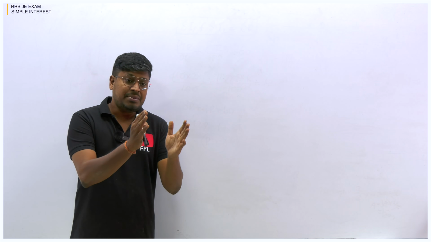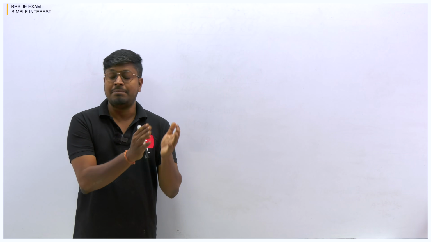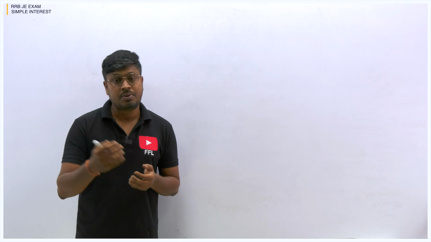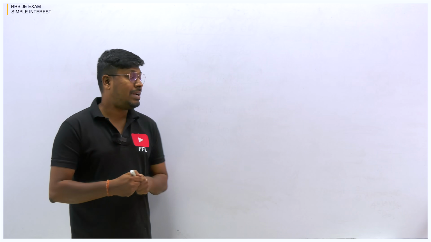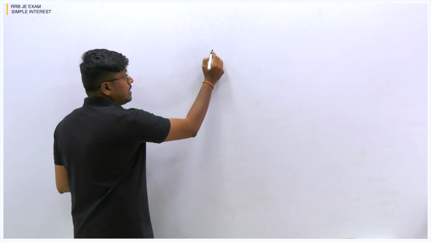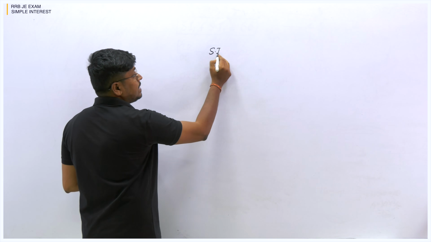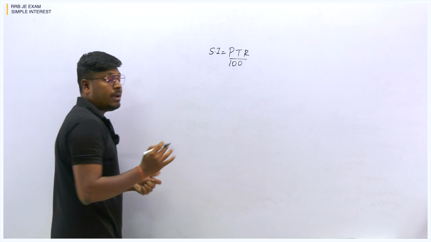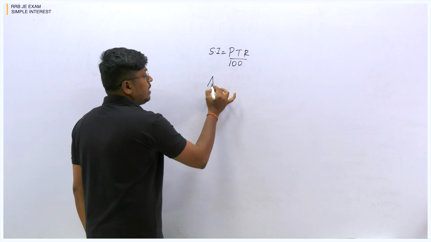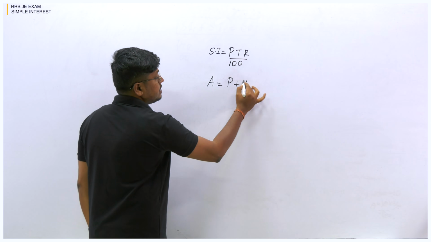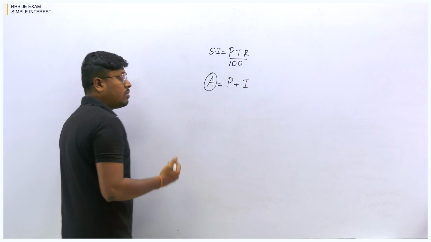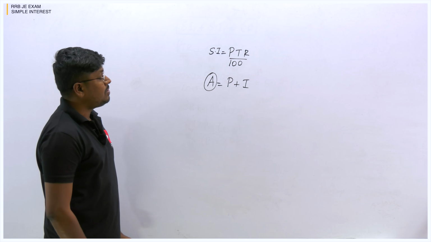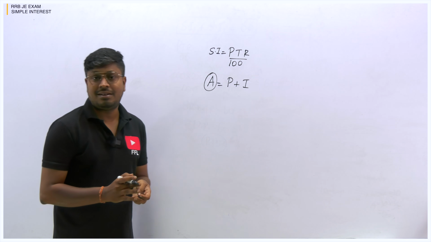When you see the level of the questions, usually simple interest and compound interest questions are easy to solve because we don't have that many formulas. We only have two formulas. I'm talking about simple interest here. To find simple interest, the formula is PTR divided by 100, or PNR by 100. And the second formula is A, which is principal plus interest. A means the overall amount or total amount. These are the two formulas that we majorly use in the topic simple interest.